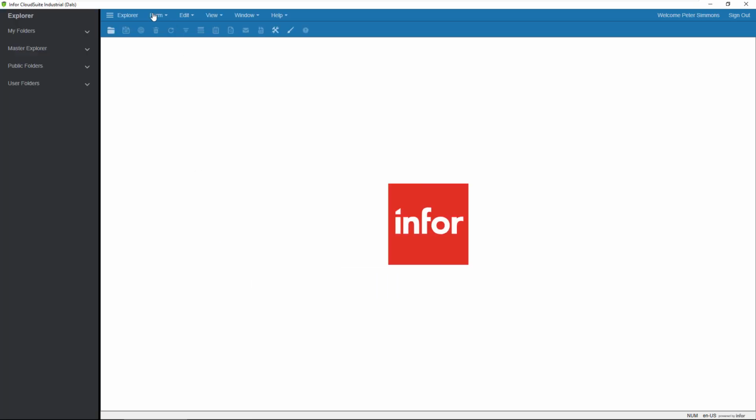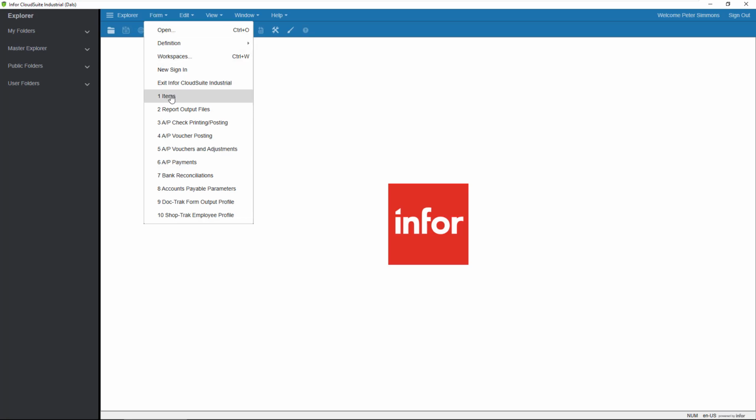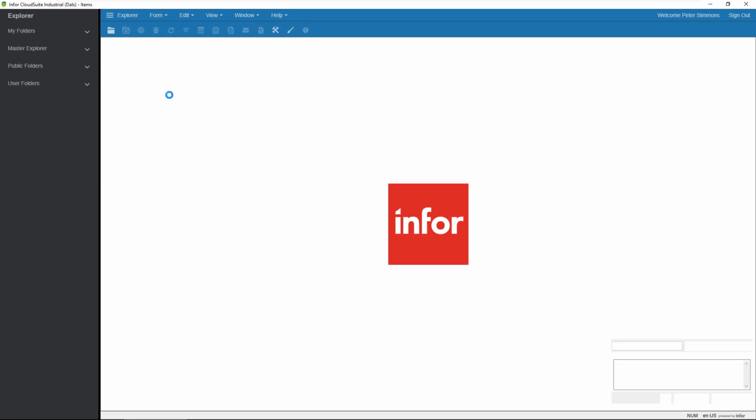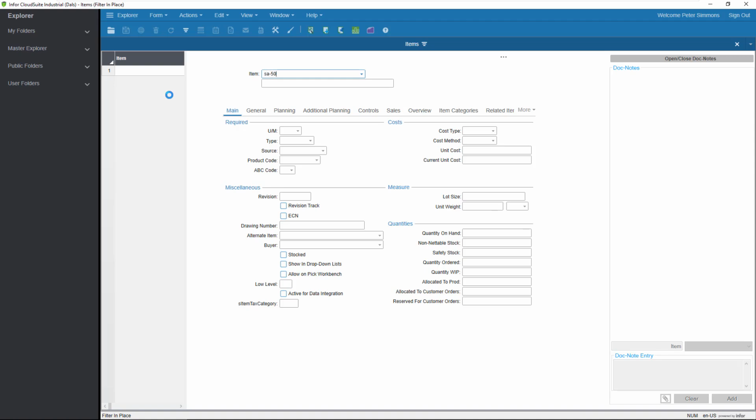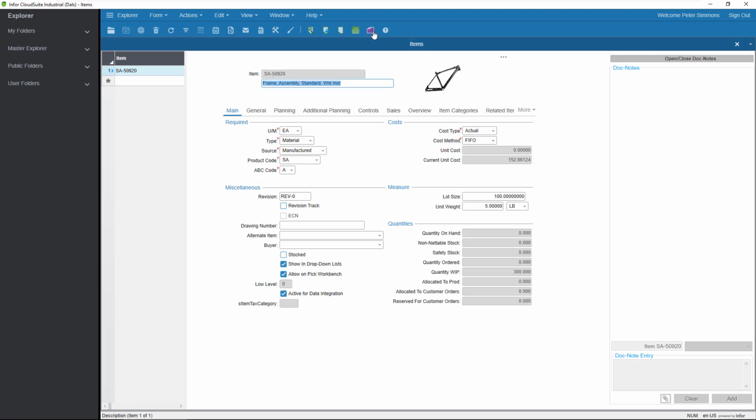I'll open the items form, filter for SA5920, and open DocTrack Flex.